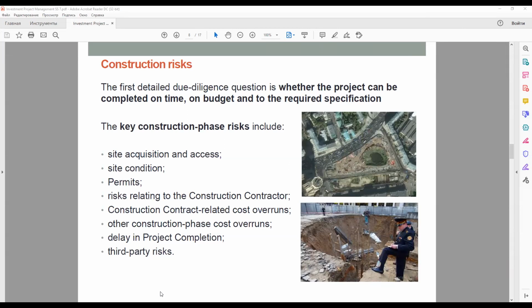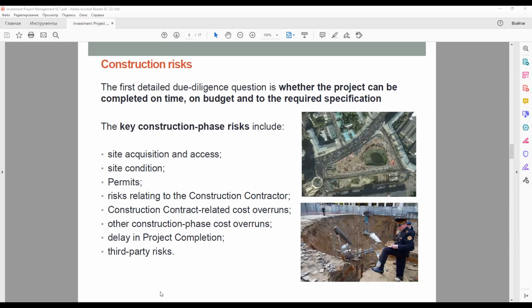Site acquisition and access. Lenders will not normally take on this risk, and therefore only lend when the project company can present a clear title and access to the project site and any additional land needed during construction. This is mainly likely to be a problem in a linear infrastructure project. For example, where land has to be acquired for a road or a railway line and acquisition is not complete at the time construction on one part of the project begins.